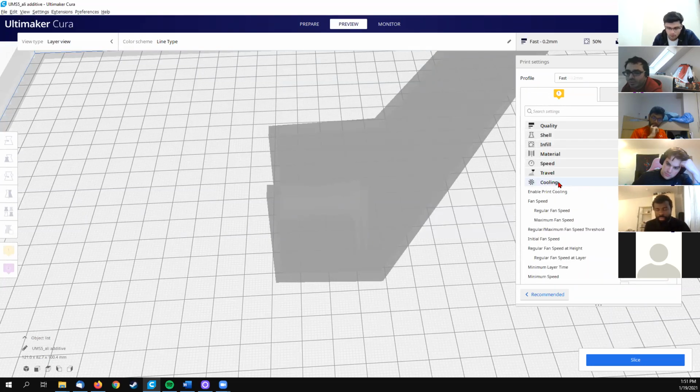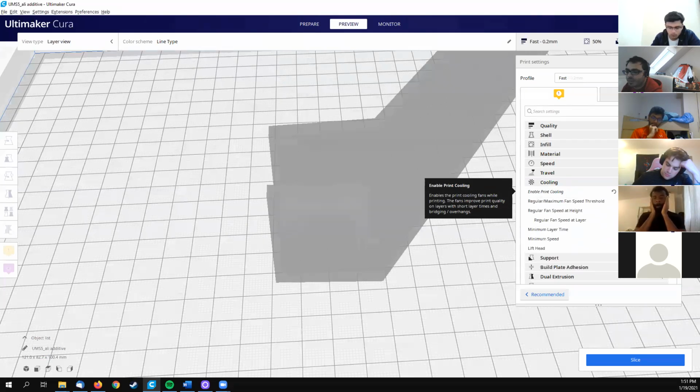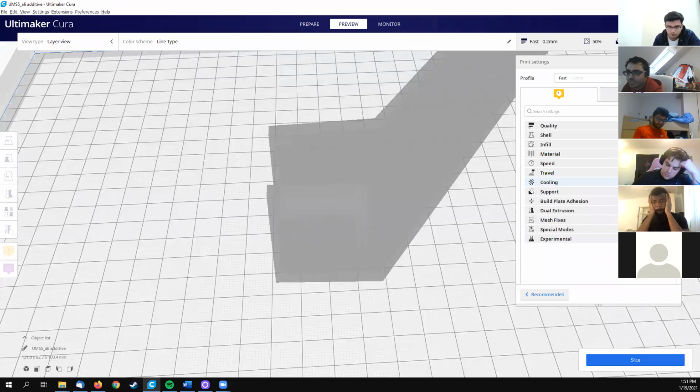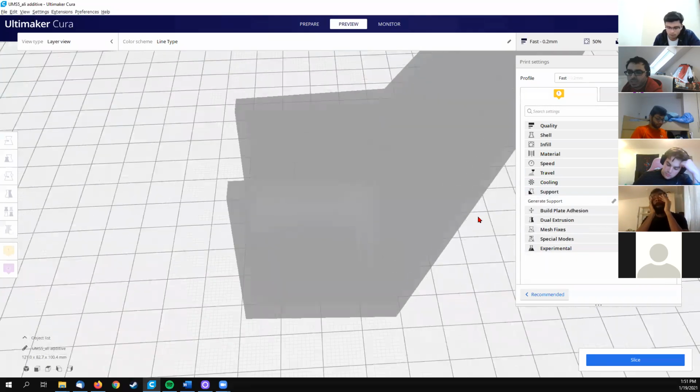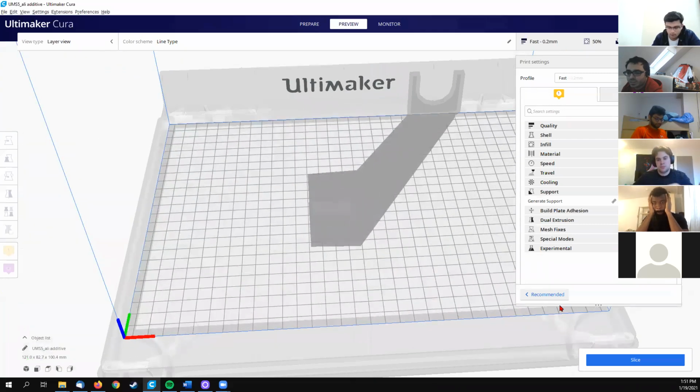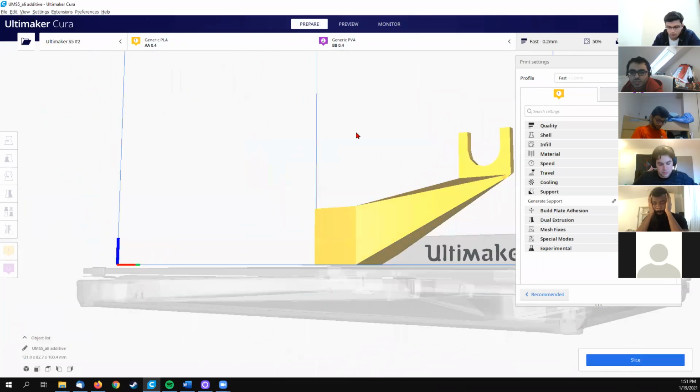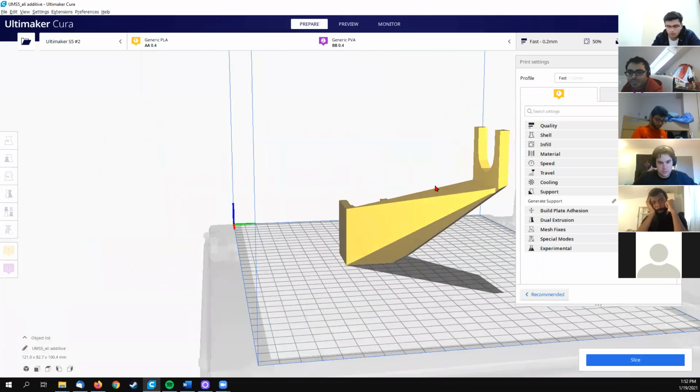So what's important to know here: if you're not printing PLA, if you're printing something that shrinks a lot, again, polyamide and ABS, you just turn it off. That's it. Done with cooling, we get to support. Some of you will need support, and this part, I assume, does need support. If I switch here and click on Generate Support,